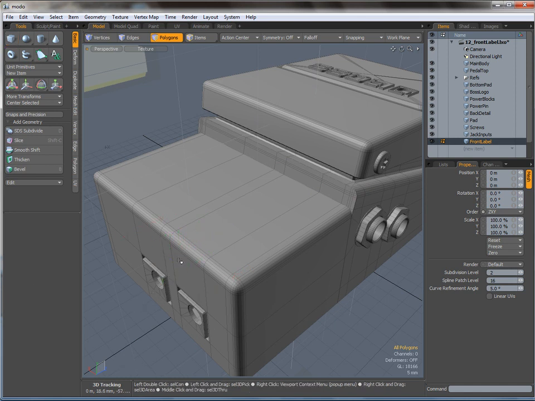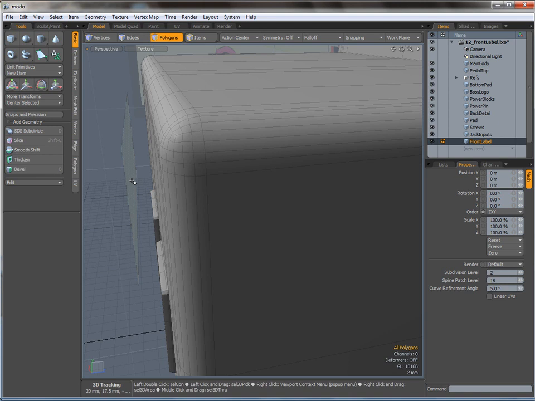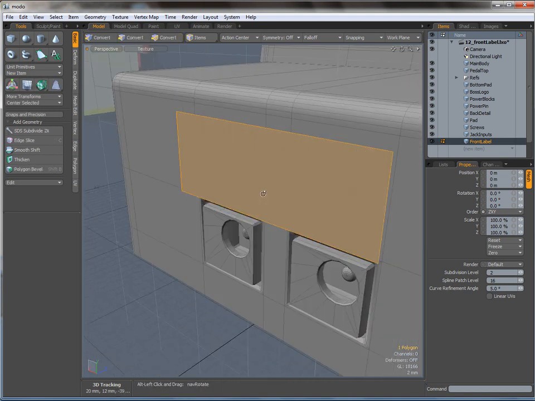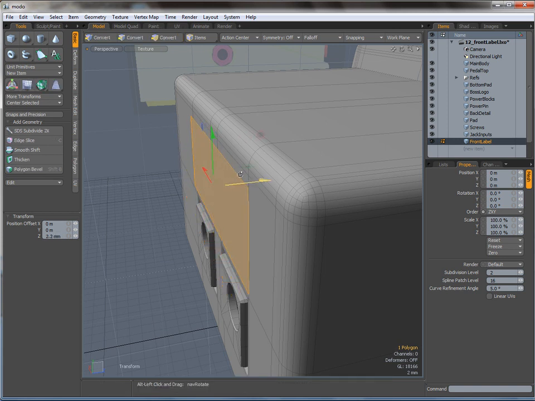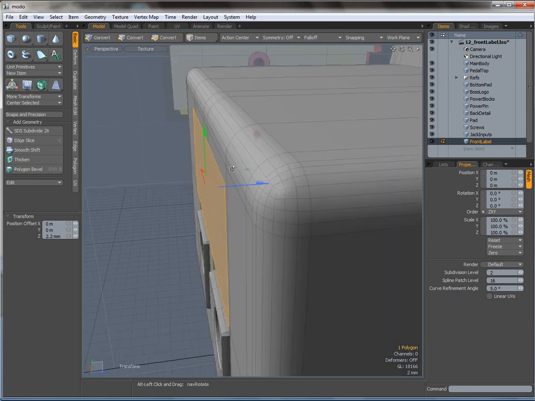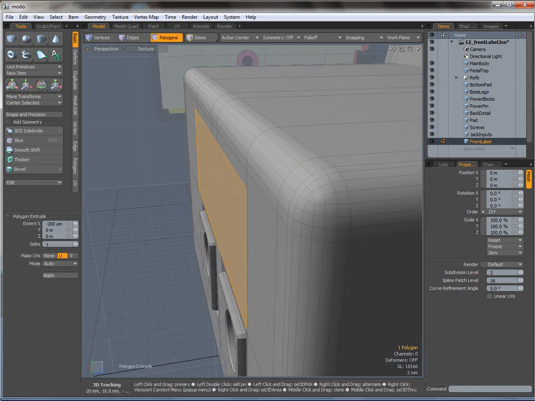Then hit space to drop the tool, and I'm going to go down and get that polygon and flip it around. And basically this label is just a very, very thin little object that goes on the front of the pedal, but it's just got enough of a thickness to it that it's worth modeling rather than using displacement. And I'm just going to extrude that back,